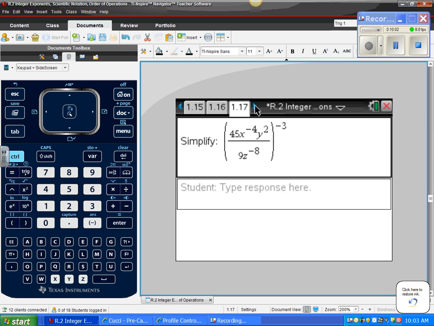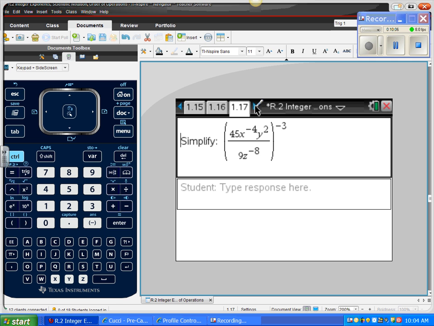All right, here's a big one. 45x to the negative 4th times y squared divided by 9z to the negative 8th, all raised to the negative 3rd power. So what we can do is we can start by simplifying